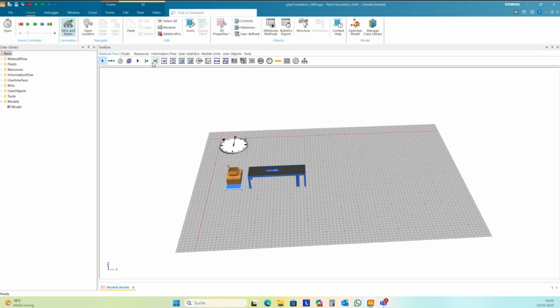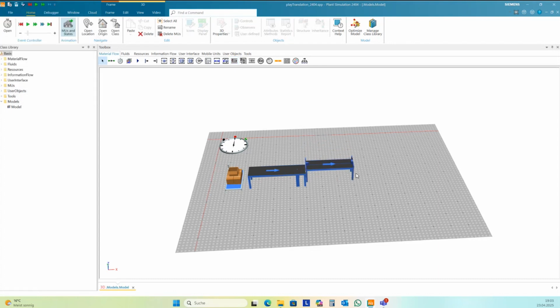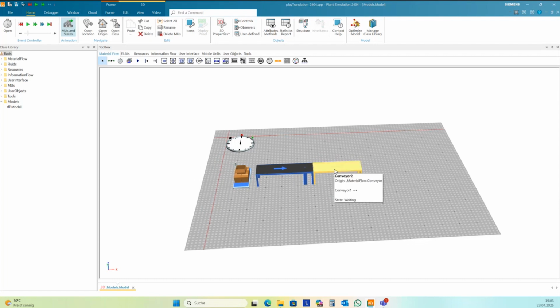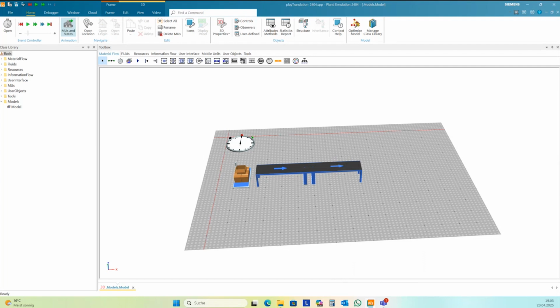And following that, we have two conveyors at different heights. This conveyor should have a height of 3 meters or 2 meters.